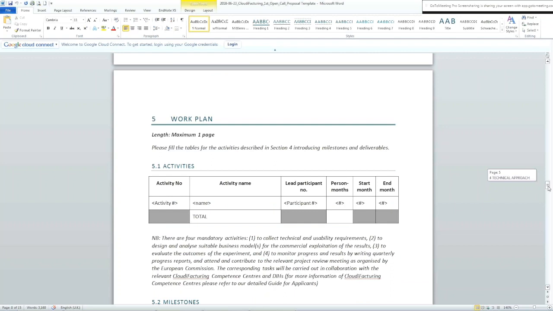So this will be a kind of list of the activities which you are going to carry out. So these will be practically the tasks which you are carrying out. You give a number for this, you can give a name for that task, and you describe who is the lead participant for that particular task, who is responsible for the completion of that task, how many person months you estimate for that particular task, and what is the start and the end months of the task. So practically you have to provide a plan regarding your